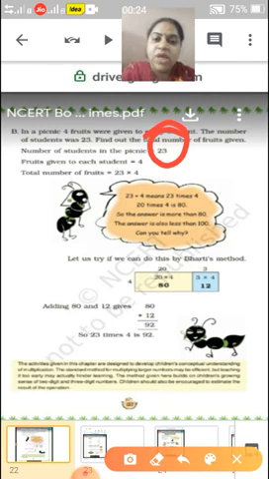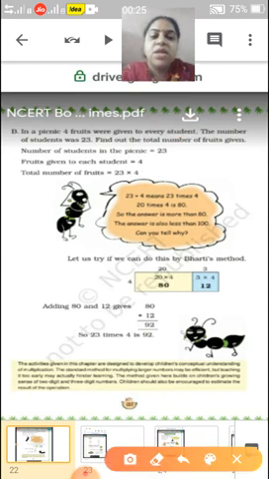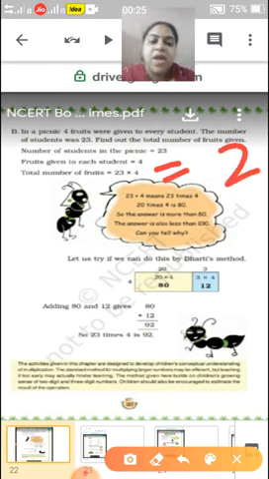Fruits given to each student is 4. Total number of fruits means 23 times 4, that means 23 into 4, that is equal to, yes, 4 3s are 12 and